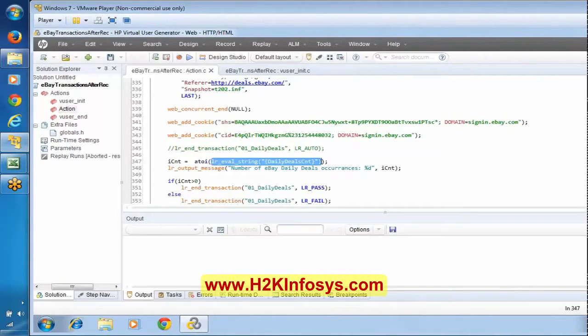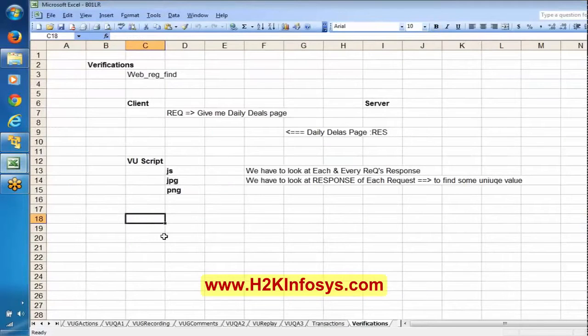If you remember, I said this daily deal CNT is a variable which is going to maintain the number of occurrences of that particular text. If that occurrence has been there 3 times, this count is going to have 3. However, that 3 will be something like this. Generally, when I say ASCII here, in terms of string, ASCII and string are both the same. Say, for example, it found 3 values. Generally, if you see here, 3 is maintained in double quotation.